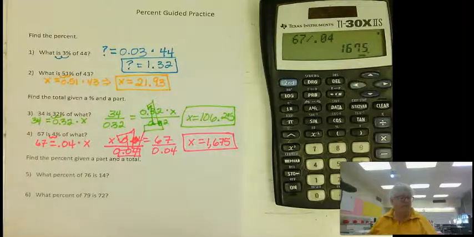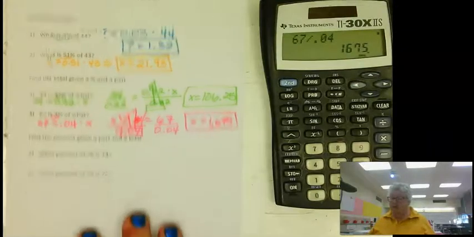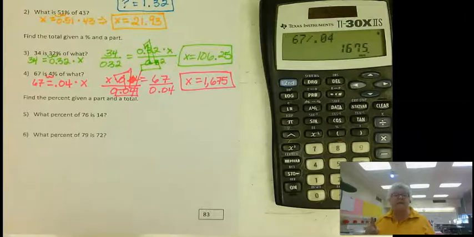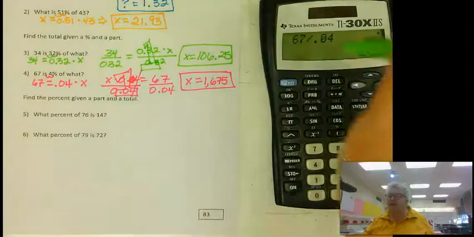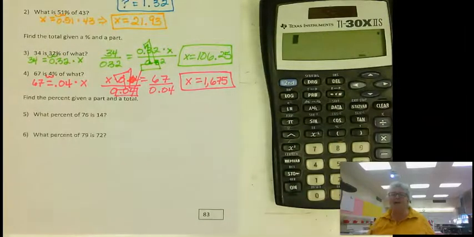All right, up next, got 2 more. Find the percent given a part and a total. Ooh, okay. We have to remember that when we're doing this, you won't be finding a percent. You'll be finding a decimal, and then you have to turn that into a percent. So it adds an extra step, all right? But it's still easy because we're using the calculator. All right. Use our words. Our words say